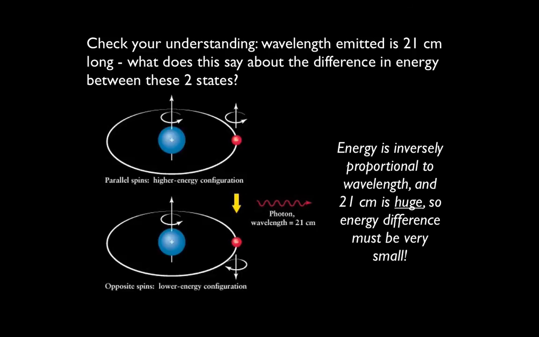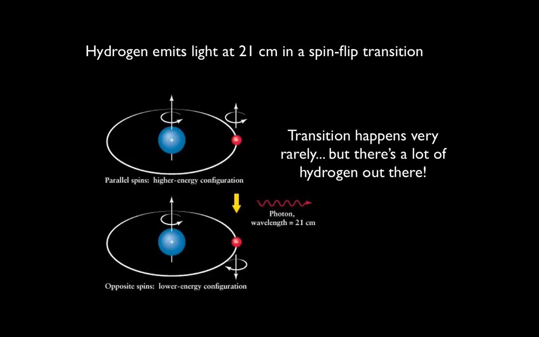These spin-flip transitions don't happen very often. They happen very rarely, in fact. In order for them to happen, you start from one of these lower energy configurations, and these collisions between atoms happen very rarely because this material is very diffuse, so atoms aren't really crashing into each other like they are at the cores of stars, for example. These are really cold, diffuse molecular and atomic clouds, and so collisions really don't happen very often. But once they do,